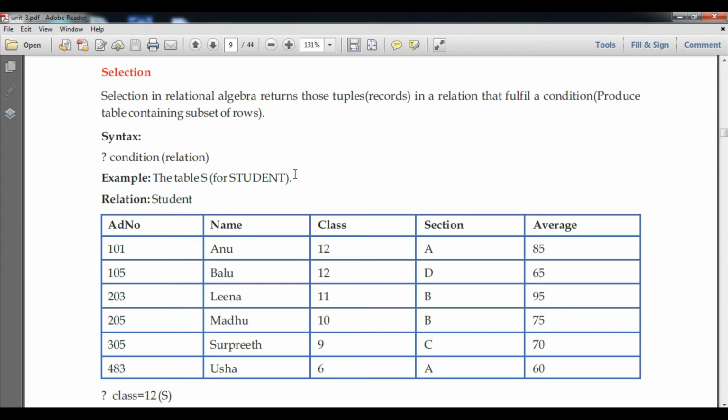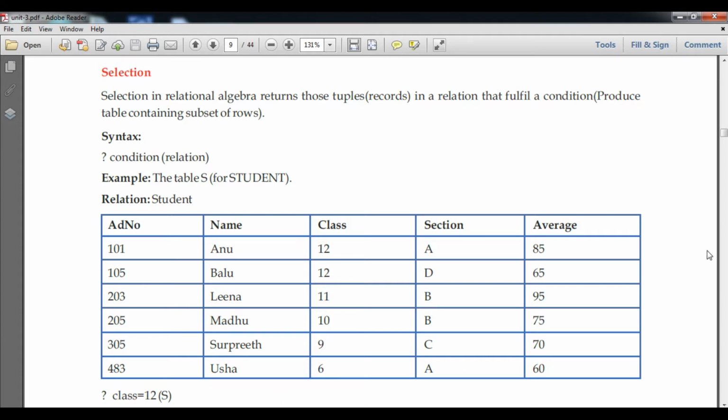We will discuss the commands later, but for now we just want an idea of how the selection process works. The student table contains admission numbers like 101, 105, 103, 205, 305, 483. Every admission number is different. For example, Anu, class 12th, section A, 85; Usha, class 6, section A, 60.